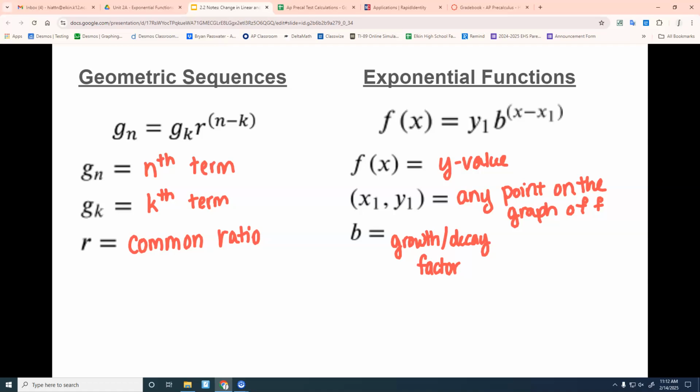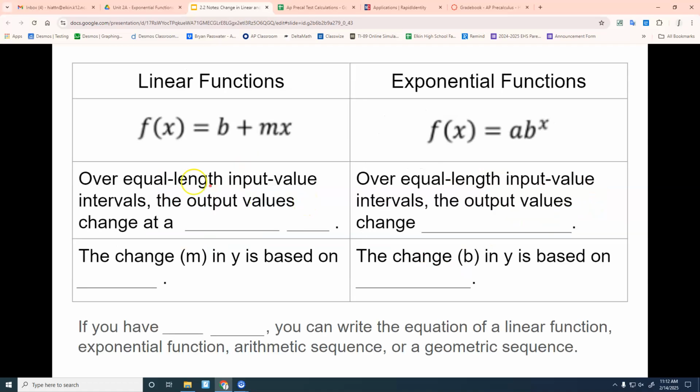Usually that's not. If it's a word problem, it might be your interest rate, and you'll have to figure out what it is or something like that. If it is a geometric sequence, they'll usually call it the common ratio. For linear functions, this is a phrase that they like to use in the AP stuff, and we've seen